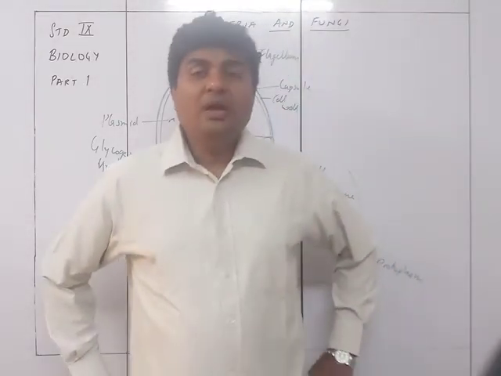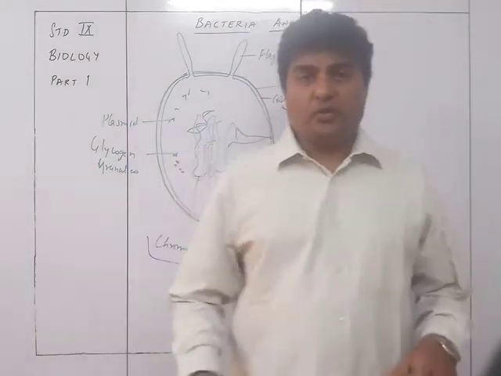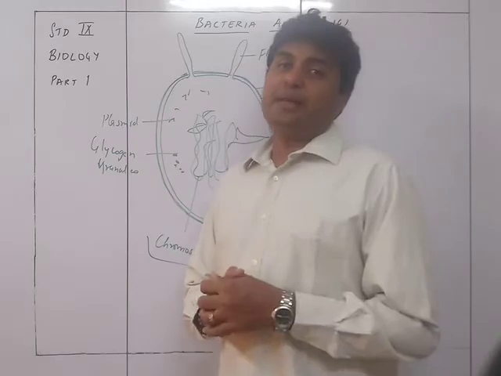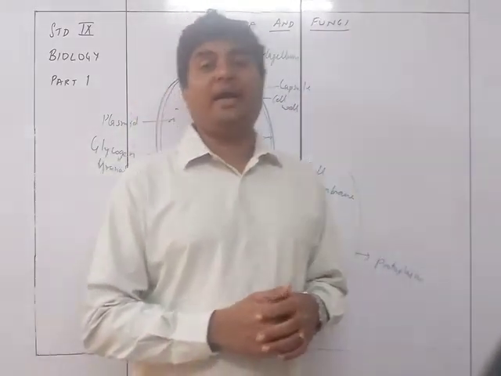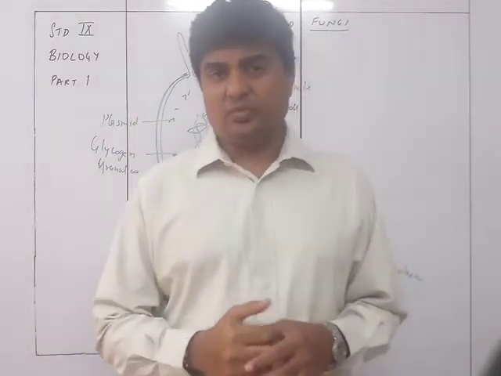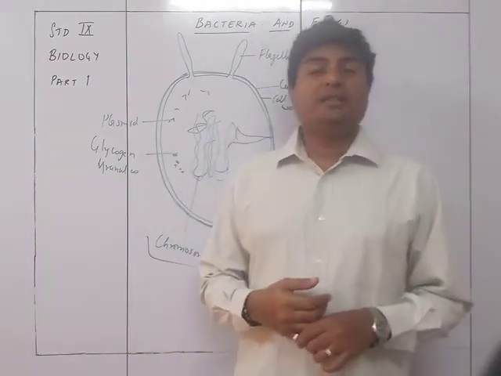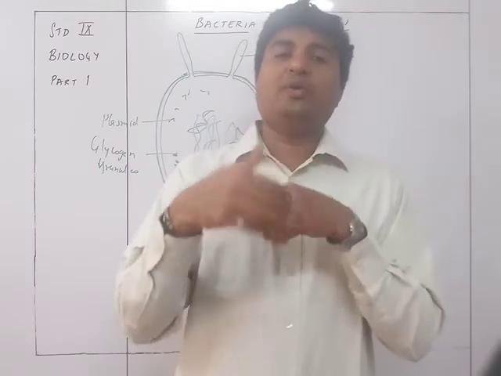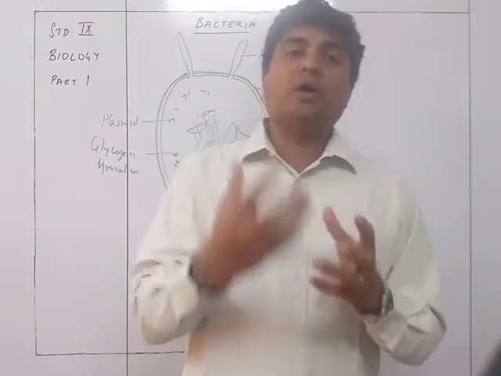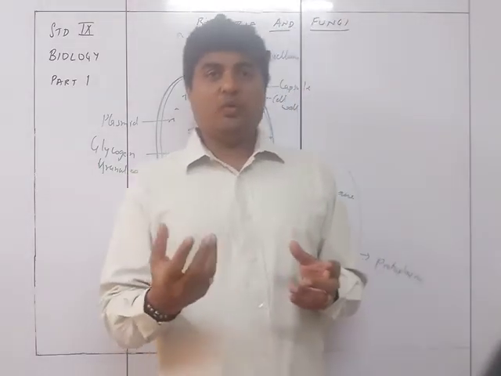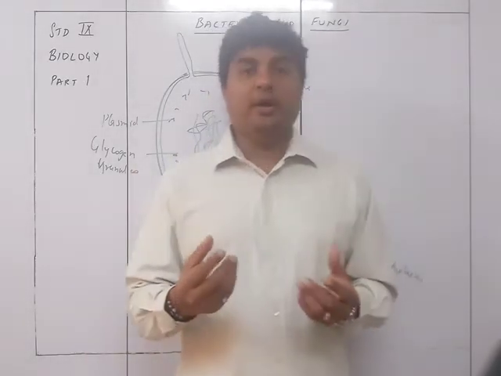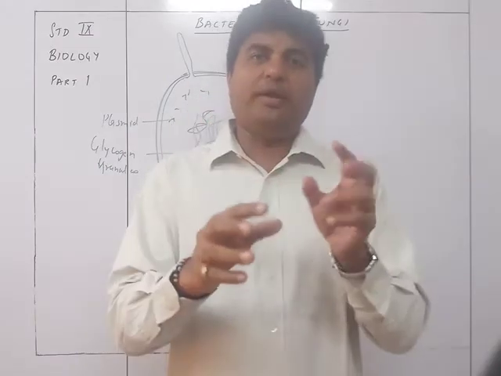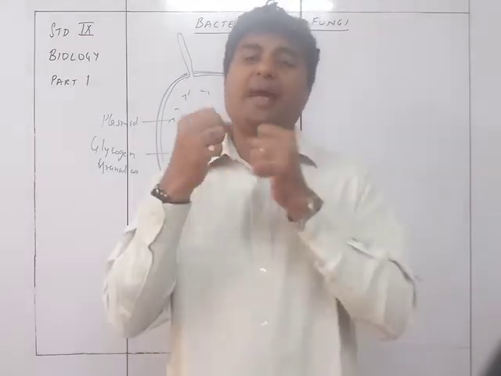So for the nutrition to be absorbed into the body of the bacteria, it is seen that bacteria is going to have an external digestive system. What is the external digestive system? That they are not going to intake a material and then digest it, but they will attack the thing they are going to feed on, and break it down into simpler substances which can easily be absorbed